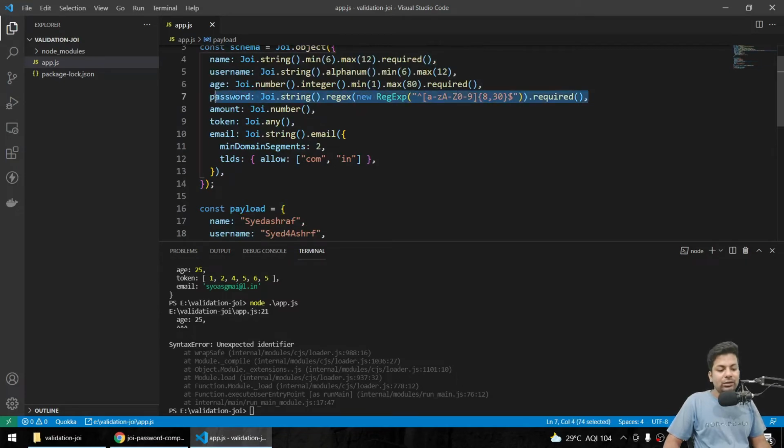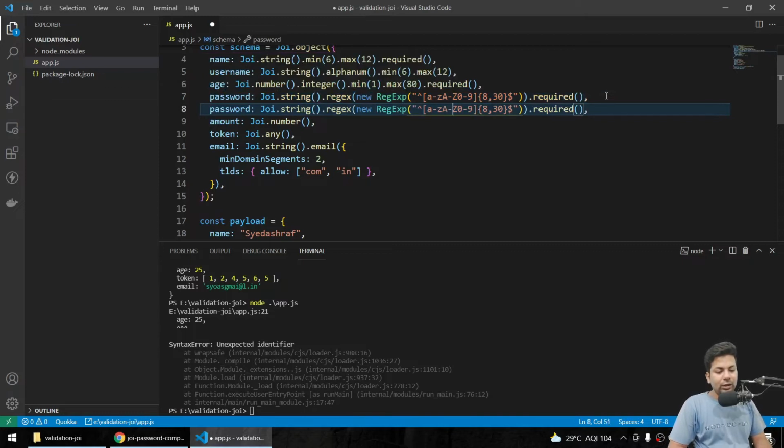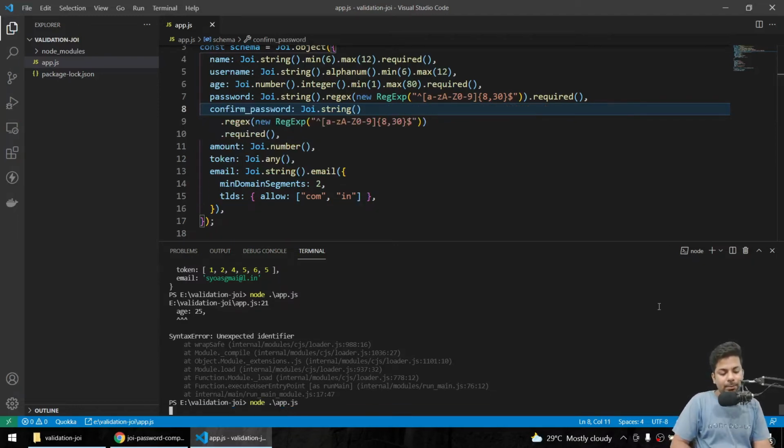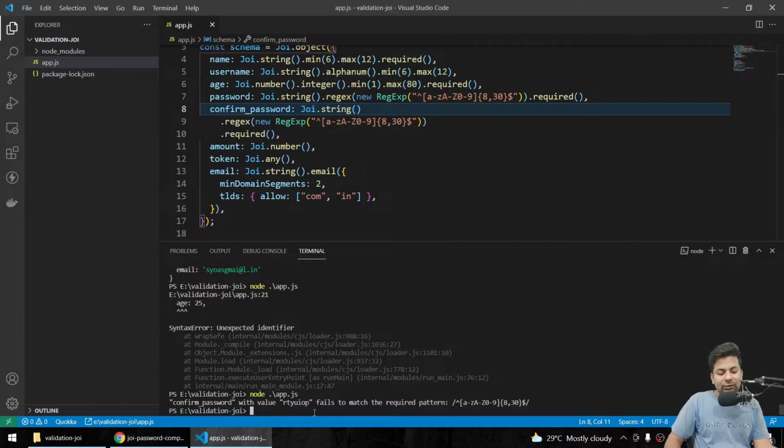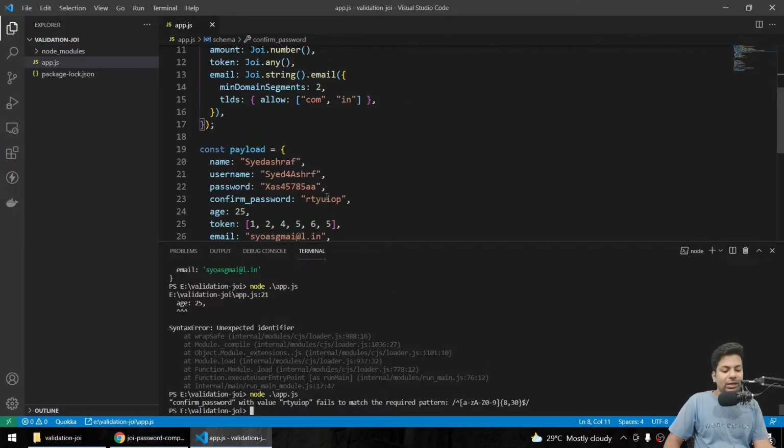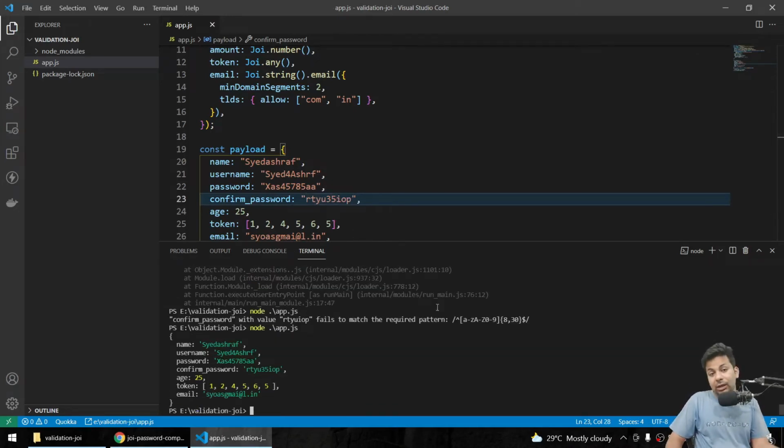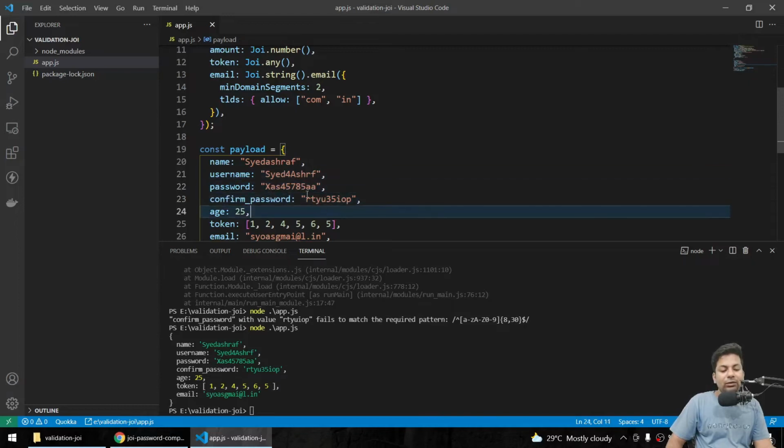So we'll just copy this, paste it, and write it here, confirm underscore password. Okay, confirm password with value fails to match. Now we'll match with some numbers. See, completely fine because it's following alphanumeric with minimum 8, maximum 30, but they are not the same.